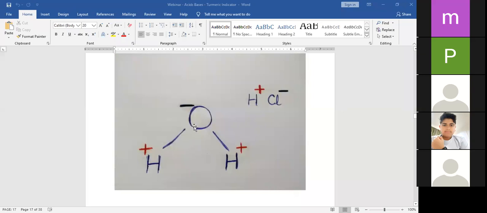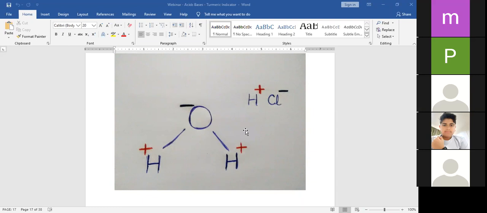If you see the structure of water, as I told you earlier, it is polar in nature. Now, H plus and Cl minus. So Cl minus gets attracted to the H plus ions of water. And what else will remain? H plus ions. And that's why when you add acid to water, it increases the number of H plus ions in water, or the aqueous solution. Now what about a base? Will a base also increase the number of H plus ions, or will it not?